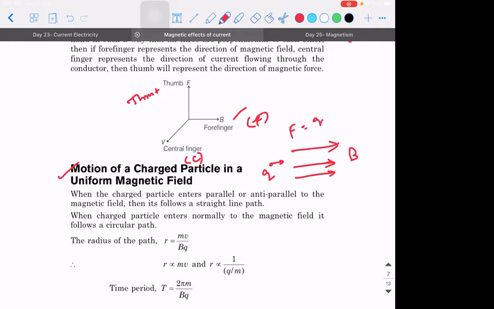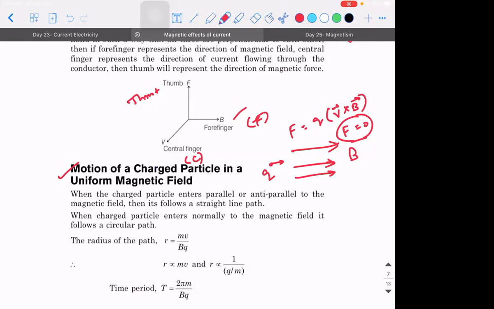Sir, force is 0, sir. Yes, F is equal to Q into v vector cross B vector, v and B same direction, so force is 0. So when I say force is 0, what will happen to the particle? It will continue to move along the same direction with the same velocity, uniform velocity. That's the meaning. So force is 0 means many people think the object comes to rest. No. For the object to be at rest, only v should be 0. Nothing to do with force.